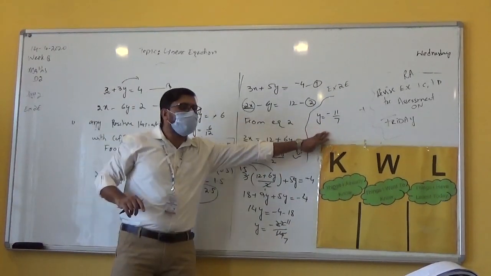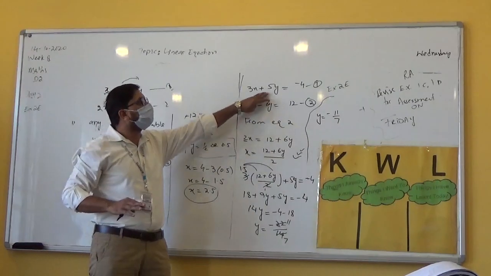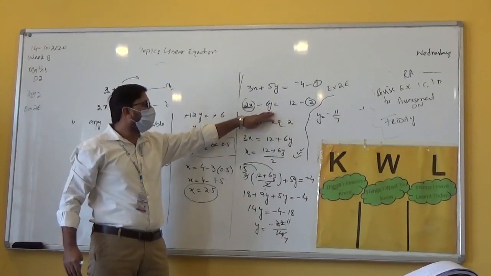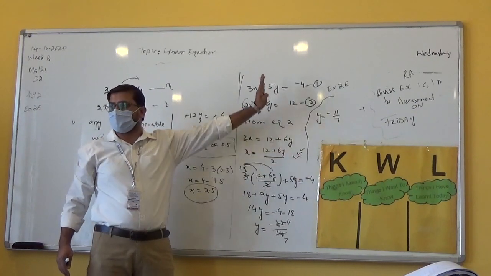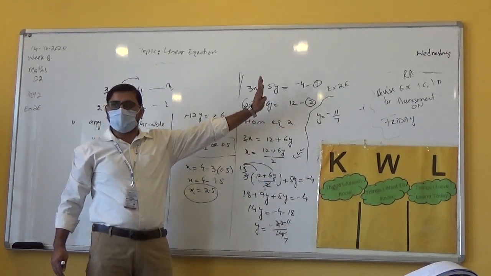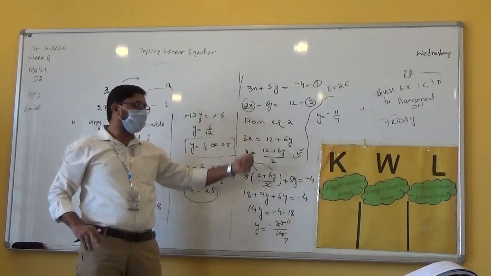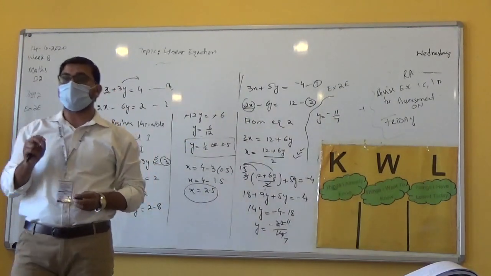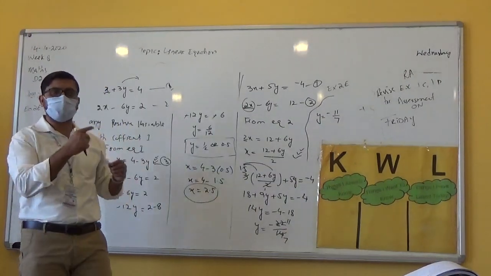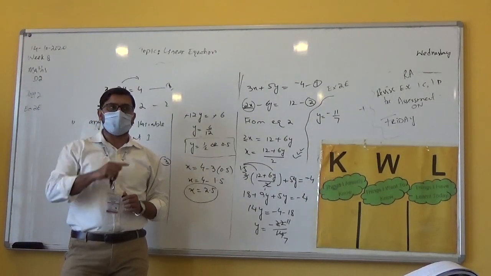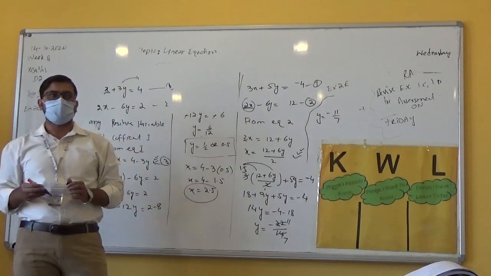Now what do we have to do? Put this value of y in anywhere, whether in equation 1 or in equation 2 or the third one which you draw from equation number 2. So you can put the value of y anywhere to find the value of the second variable. Clear? Any questions regarding this one, your theories? Otherwise we'll go for the fractional questions.